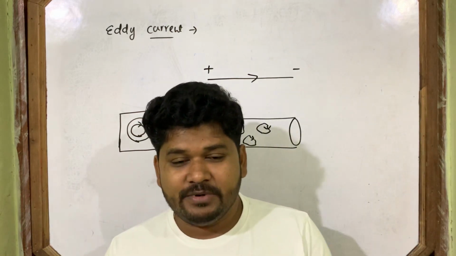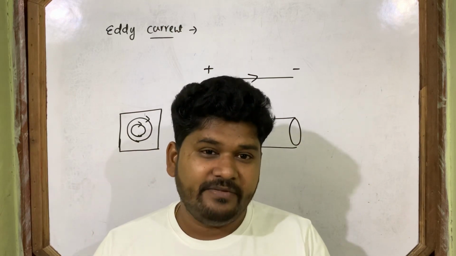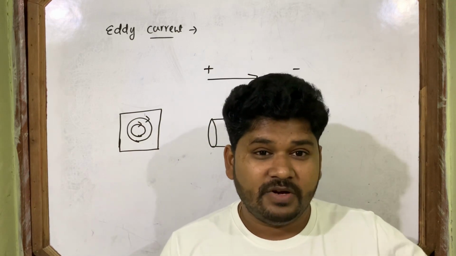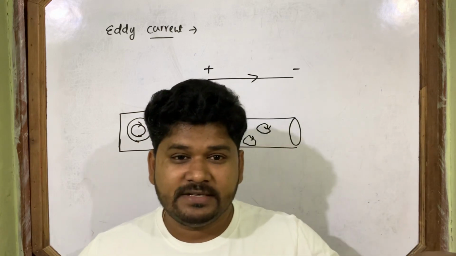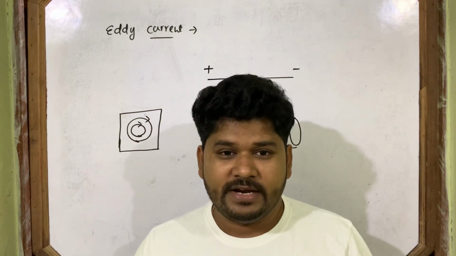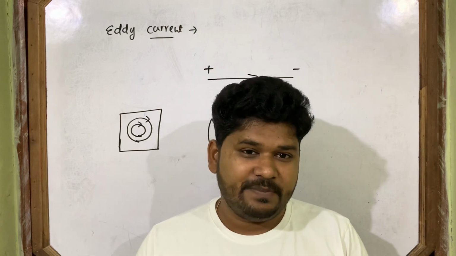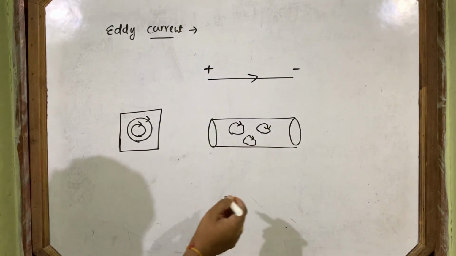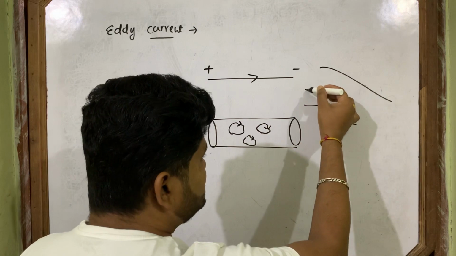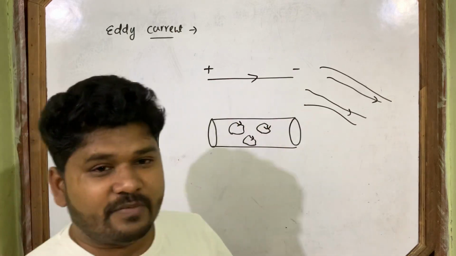If you can't understand here, I am telling you one similar situation. You have seen what happens in a river. Water flows from the higher height towards the lower height, and ultimately that water goes towards the sea. If this is a river, water goes from higher height to lower height, like this. Just like this in the conductor, from one terminal to another terminal.